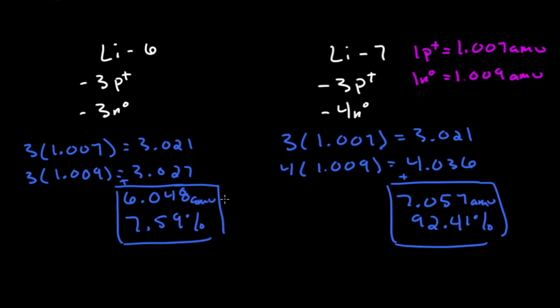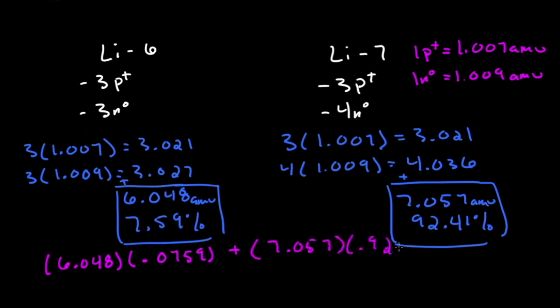And what we want to do is we want to get an average. So what we do to get an average of this is I'm going to take this number here and convert it to a decimal and multiply it by that number there. So we're going to do 6.048 times 0.0759, and we're going to add that one to, we have 7.057 times 0.9241,